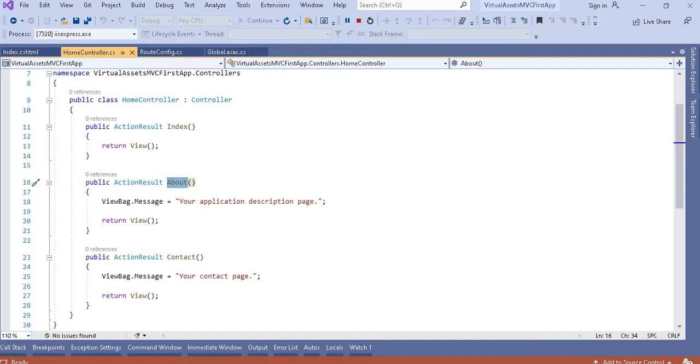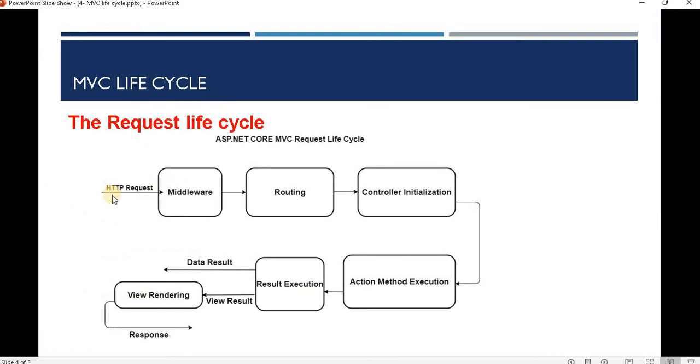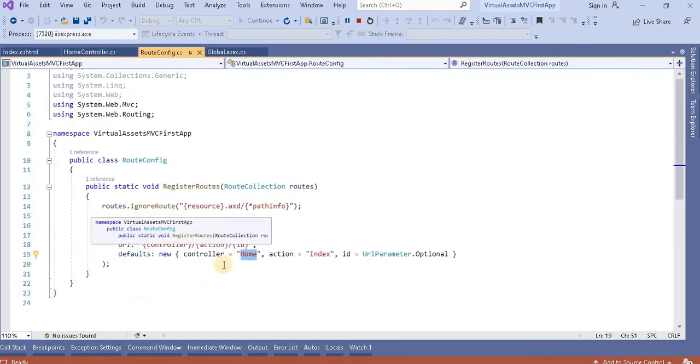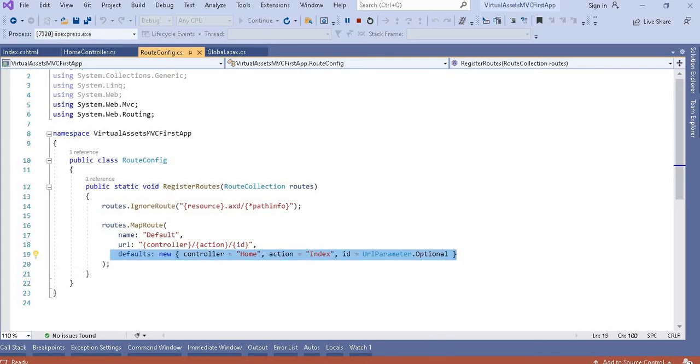Let's go here. One HTTP request comes in and there is a middleware, and that basically passes it to the routing. As we know, if there is a default, by default this is the controller and the action method.